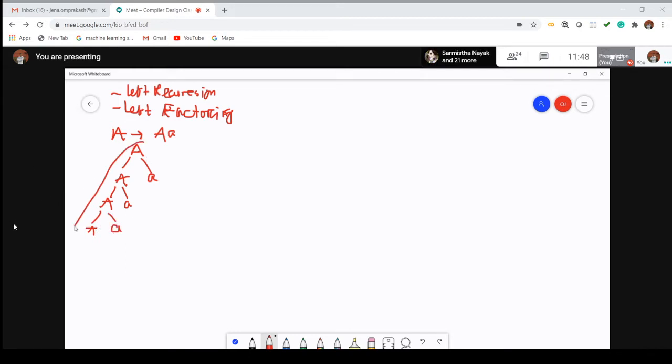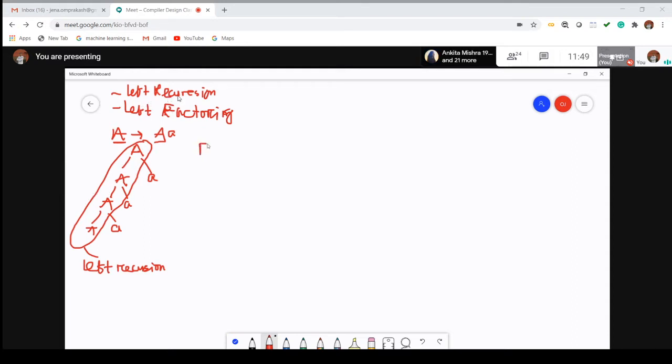Now you can check that along with the start symbol, all values are repeated over here. So that type of problem is called left recursion, and we can remove that type of problem by using left recursion removal. You have to remember a specific thing over here: if the left element, the non-terminal, is the same as the first element of the right hand side, then a left recursion exists.